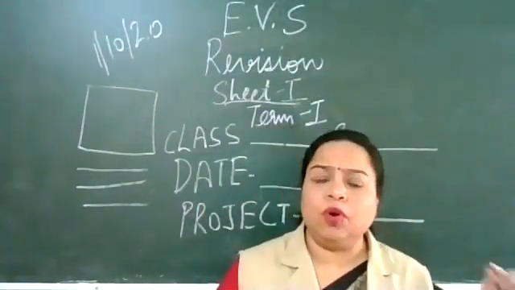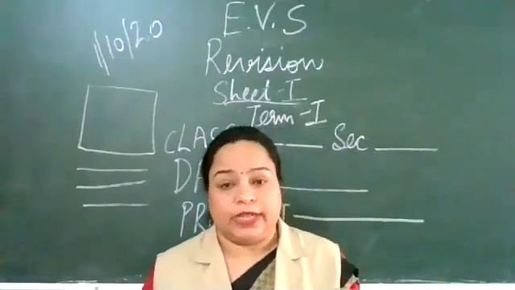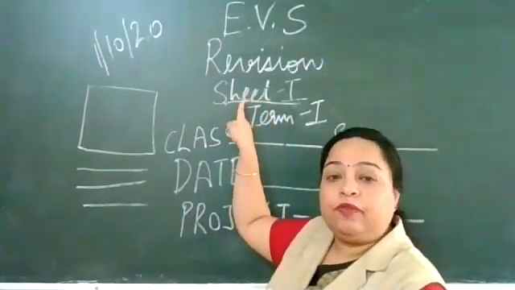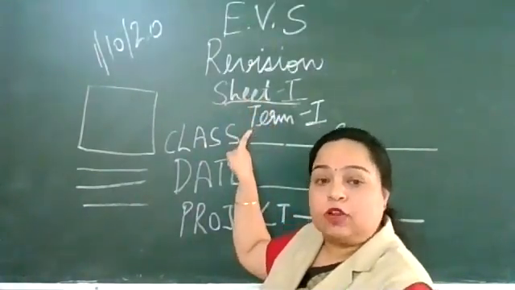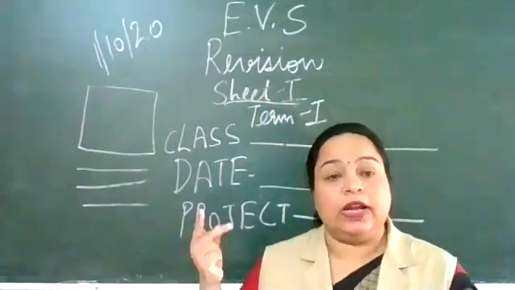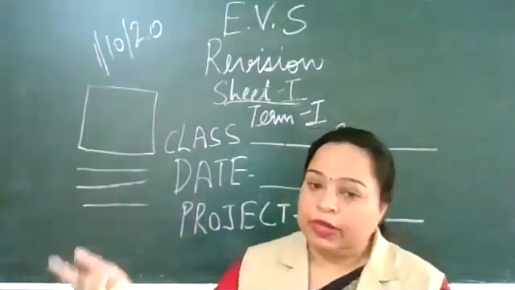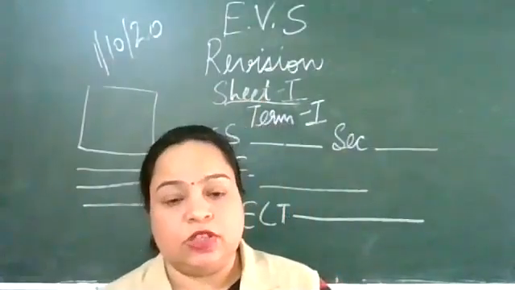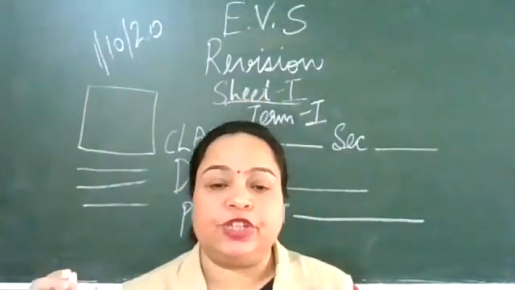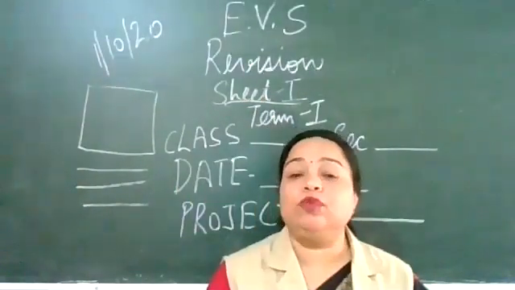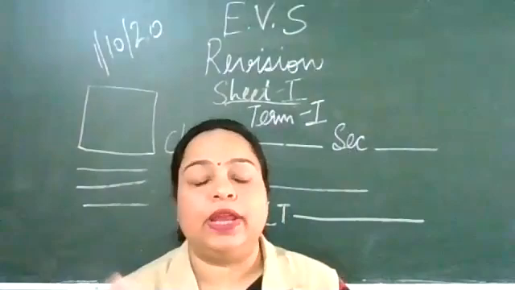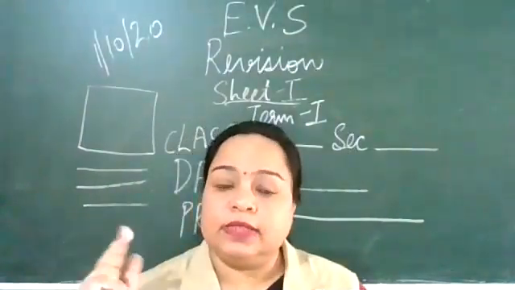Understood that? So this is your term 1 project. I repeat once again, sheet 1 for term 1 and sheet 1 for the periodic test will be the same. It has to be very neat. The next sheet will be about saving the environment. Please do not make it too lengthy. Give 3 explanations or 3 points like I have explained to you: the tube ban, the running water, and the switching off of the light, etc. is relevant. You can add one more. This is what you have to do.